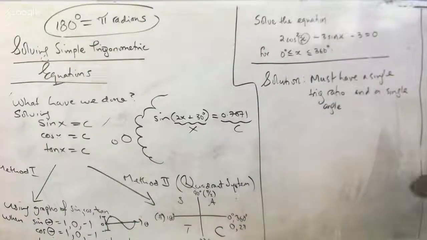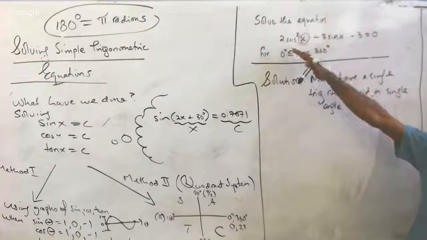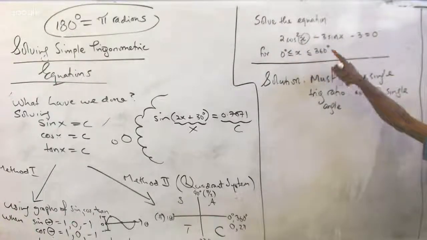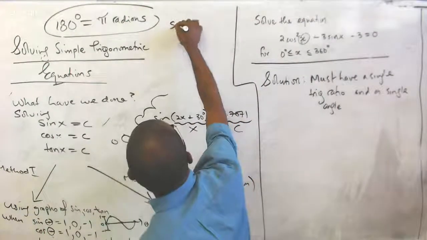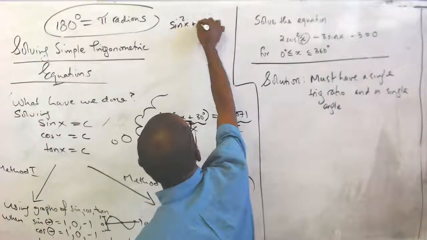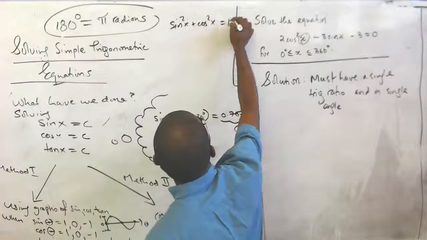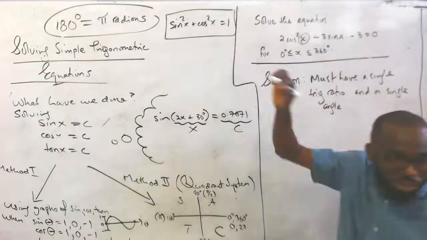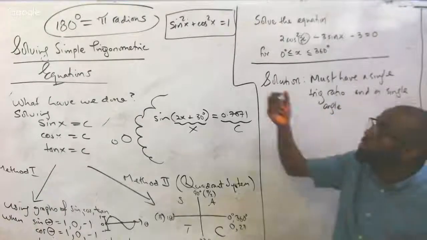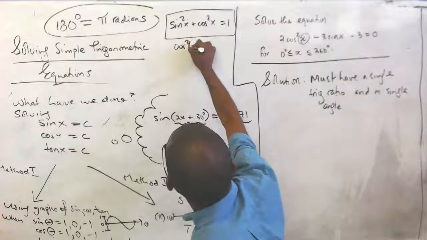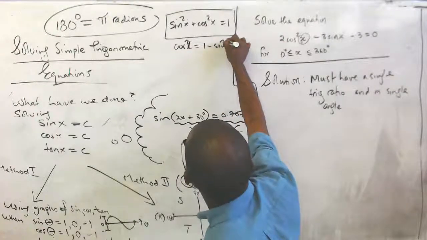Because we know that the sine and the cosine can't sit beside each other in the same equation, what do we do? We need to either change the sine to the cosine or the cosine to the sine. Now, can we change the sine to the cosine? I'm going to tell you that you should say no. And why can't I change it? Because the identity that I know is sine squared of x plus cosine squared of x equal to 1. Yes, I do have an equation with sine and cosine alone. That means I can transpose that equation to change cosine squared of x to 1 minus sine squared of x.